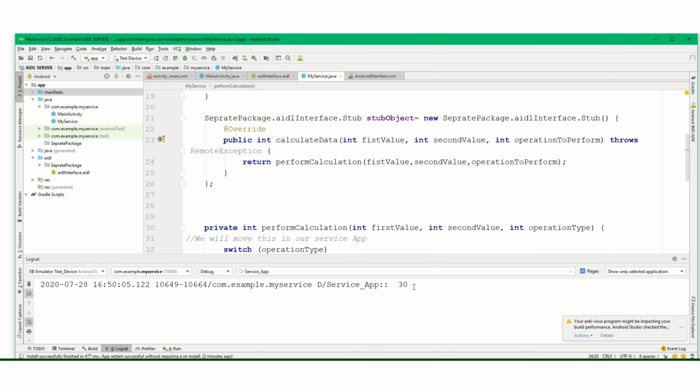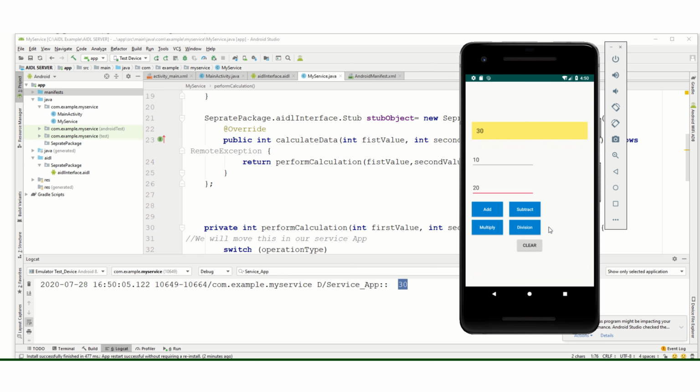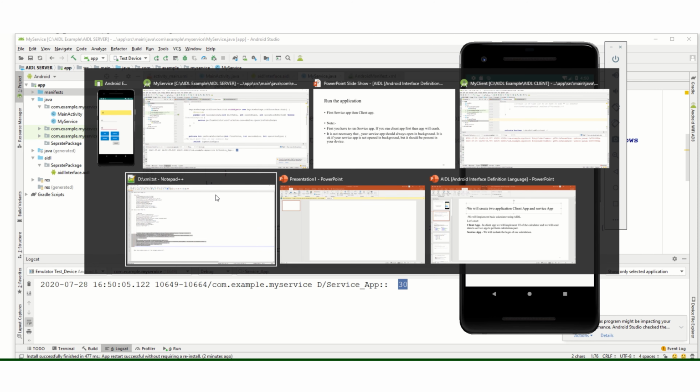And here also, see, I got the log, that service app log. So our implementation part is over. Now let's get back to our presentation quickly.